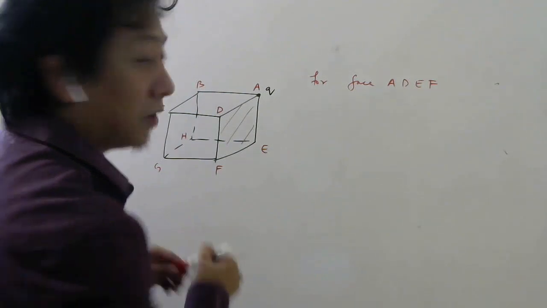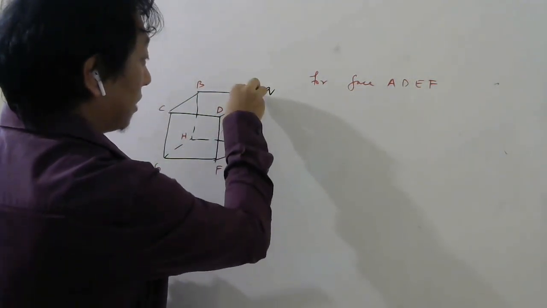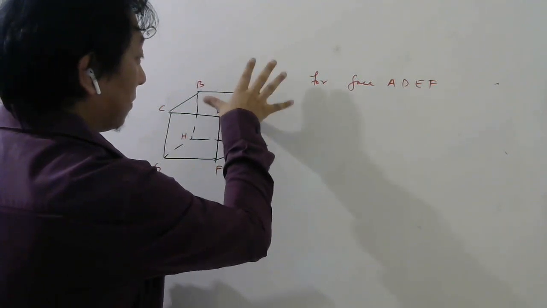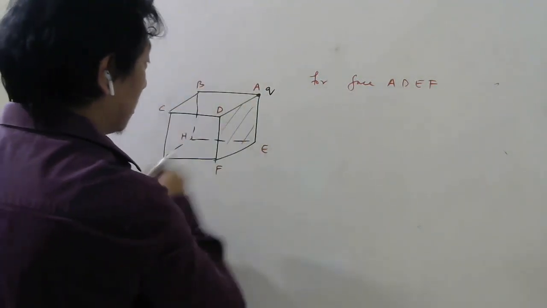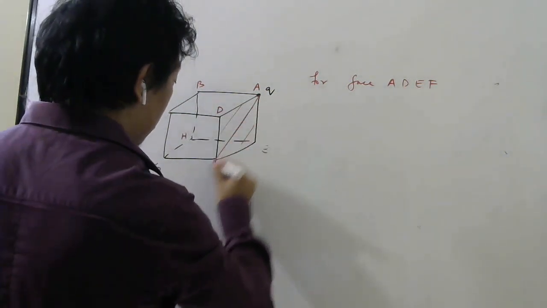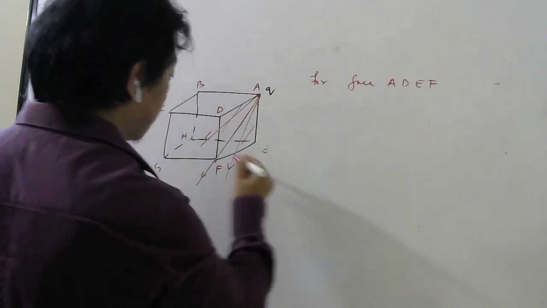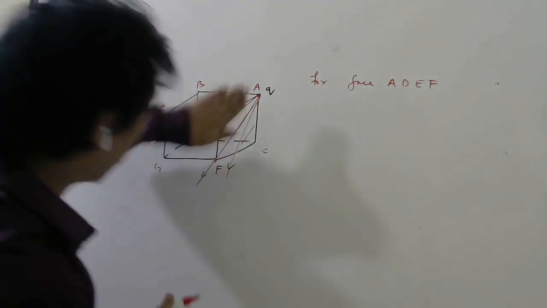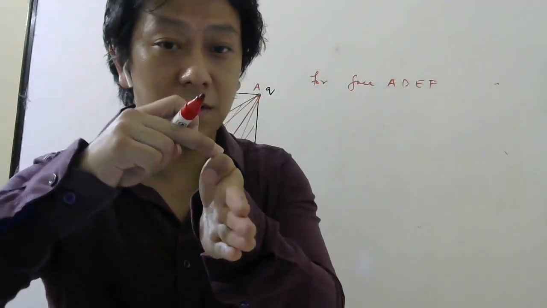Any electric field line that you draw from this, how do you draw electric field line for a point charge? Radially outwards. So this line will not cut this, and any line that comes here will be on this surface only. It will be like this. Yes or no? It will be on the surface. So if this is the surface and the charge is here itself, electric field lines will go like this, radially outwards. So these lines are not cutting.